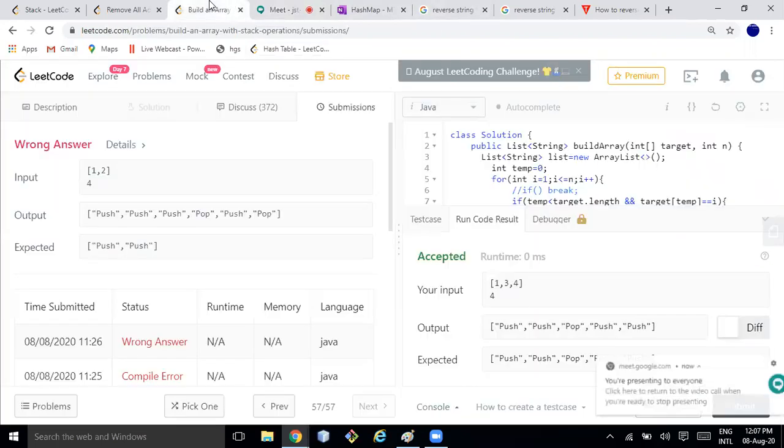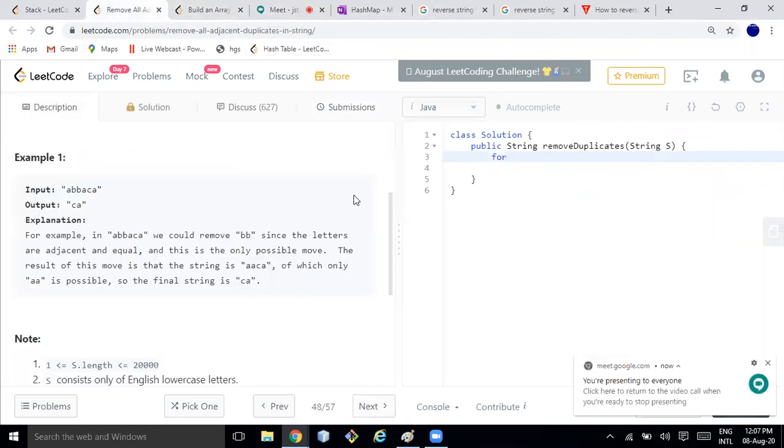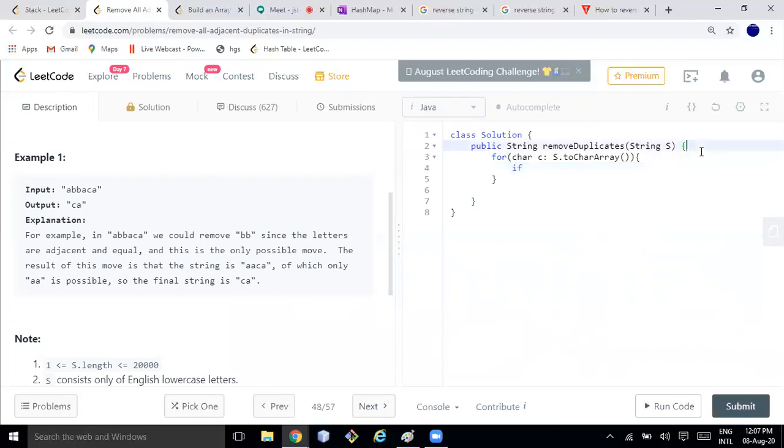No, right? Okay. So I was solving this one, so let me complete it. I'll do for char c in the char array. I have to declare one stack also; some temporary data structure is needed.